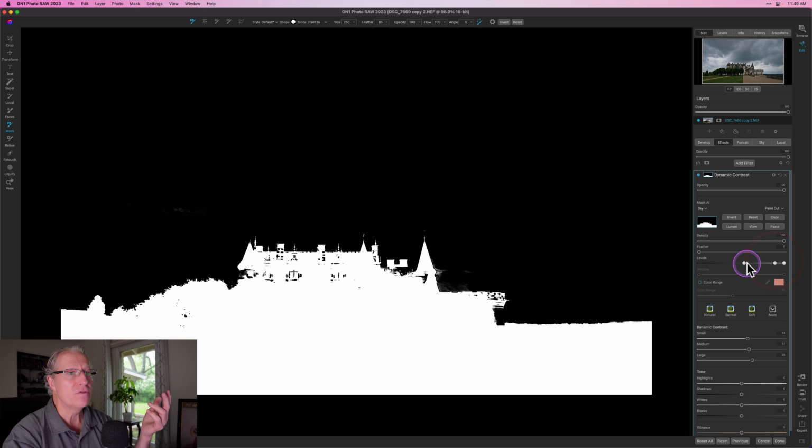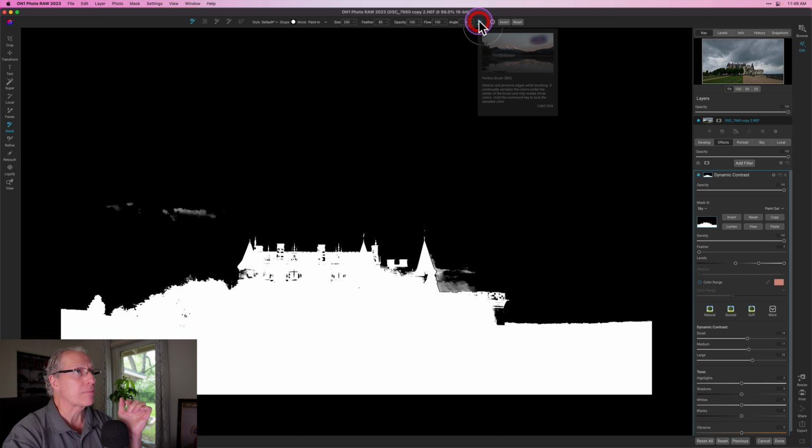And you can see as I'm moving these sliders, I'm getting a pretty darn perfect mask. Now, you want to be careful with it, and you want to take your time and be accurate. There's some edges where I need to clean up, but I wanted to point out that you have some refinement tools, and this is not all of them, and there's plenty of things that you can do in On1 to refine your mask, but I'm going to go ahead and just back this off just a little bit,